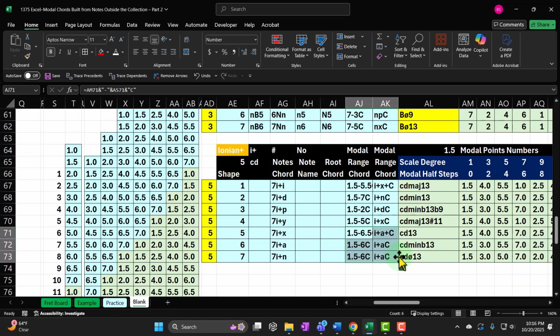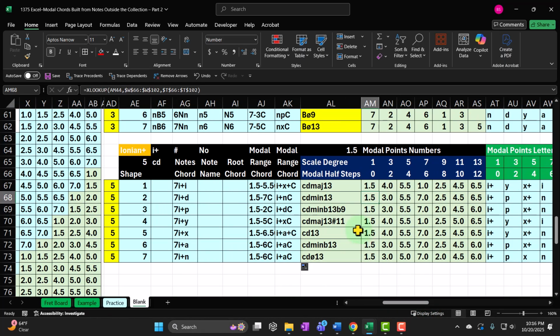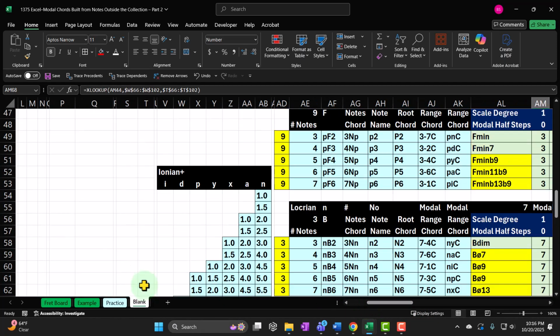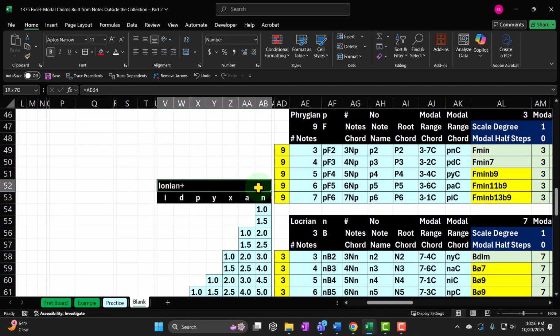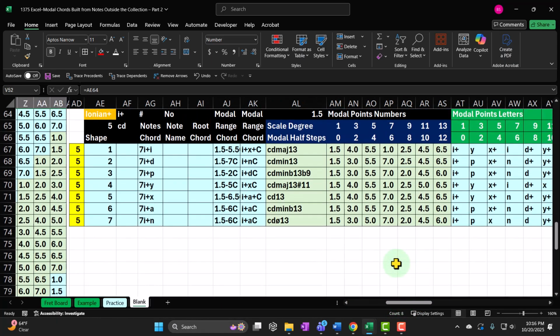I'm going to try to think about how I can fix this thing, which often will be to unabsolute some cell references, so that when I copy it down, I can do as few changes as possible. One of the changes I know I'm going to have to do is to make a whole other one of these things that are built off for each of the notes that are outside the collection of notes. I want to make that the only real hurdle for me to do this is